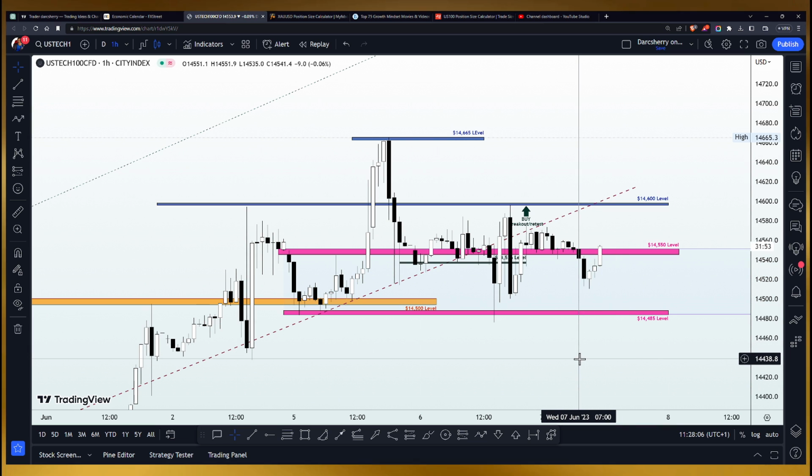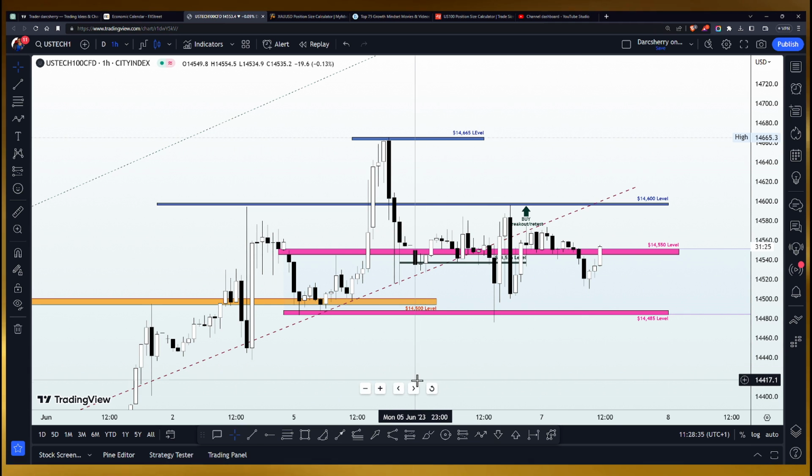So the next question you are going to be asking now is, are we going to miss out on all this 50-70 pips move before we can actually take advantage of an opportunity, or is there a way that we can maximize the potential of any bearish or bullish momentum anywhere around the 14,550 so that we can join a position early enough? But before we go into the details on how to maximize that, I want us to scale up into a much higher time frame so that we can see things from a holistic point of view and relate the structure on the higher time frame with what we have on the 1 hour time frame to make a well-informed decision.